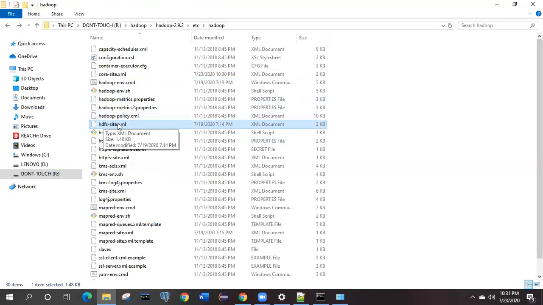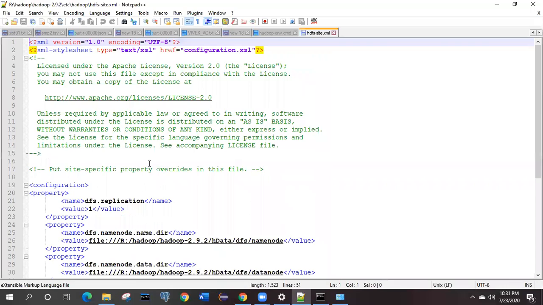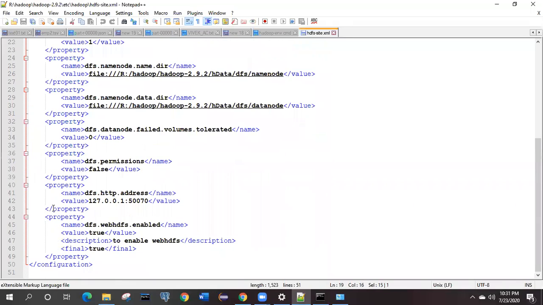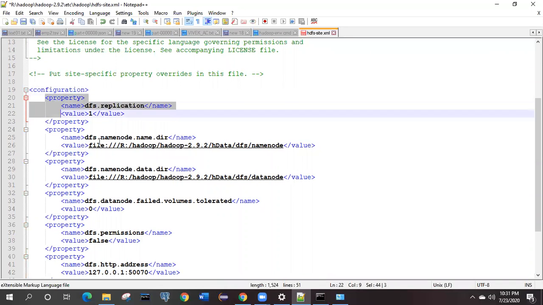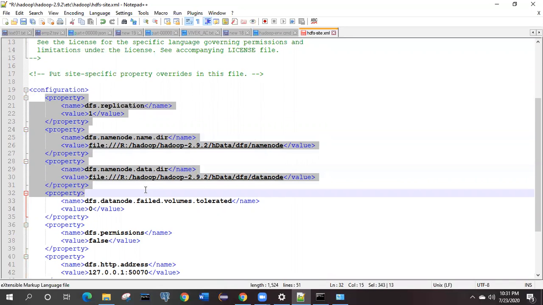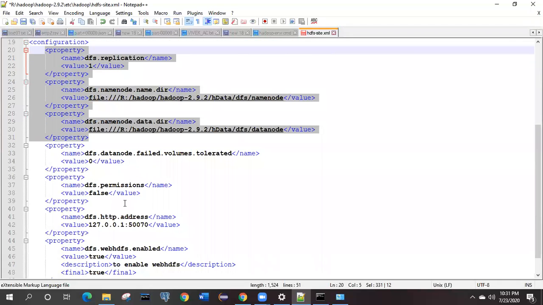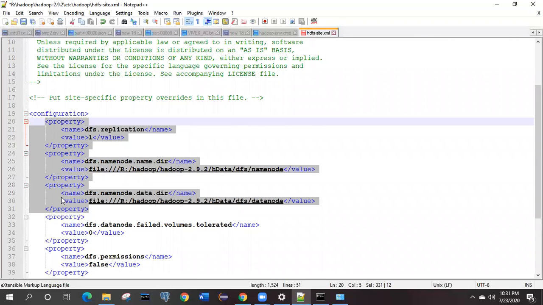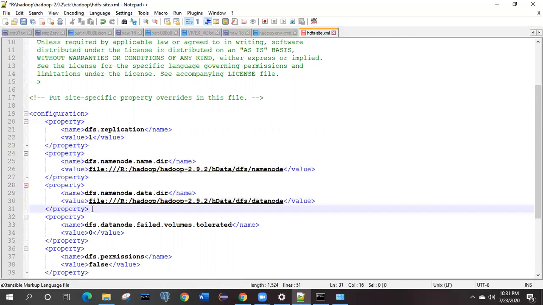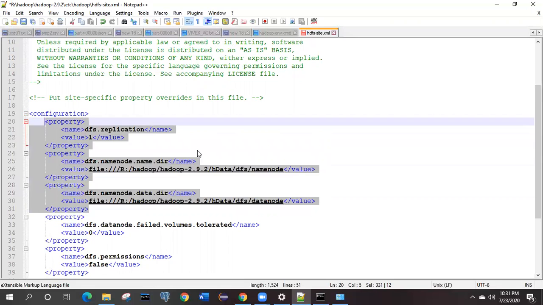The next change is in the hdfs-site.xml file. Let me open this one. And here also you will get this configuration tag, open and close, blank. What you have to do in this one is set these three mandatory properties. These three mandatory properties are the only ones required for running Hadoop HDFS. The remaining things that you are seeing are not mandatory. They are related to Hadoop, but these are some other tools which are going to run on Hadoop. So you have to manually copy only these three properties.